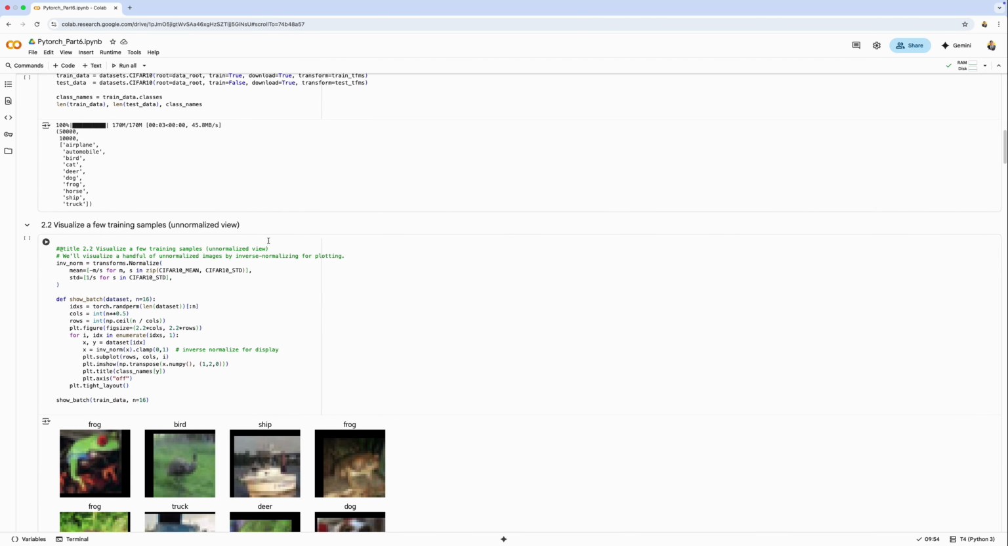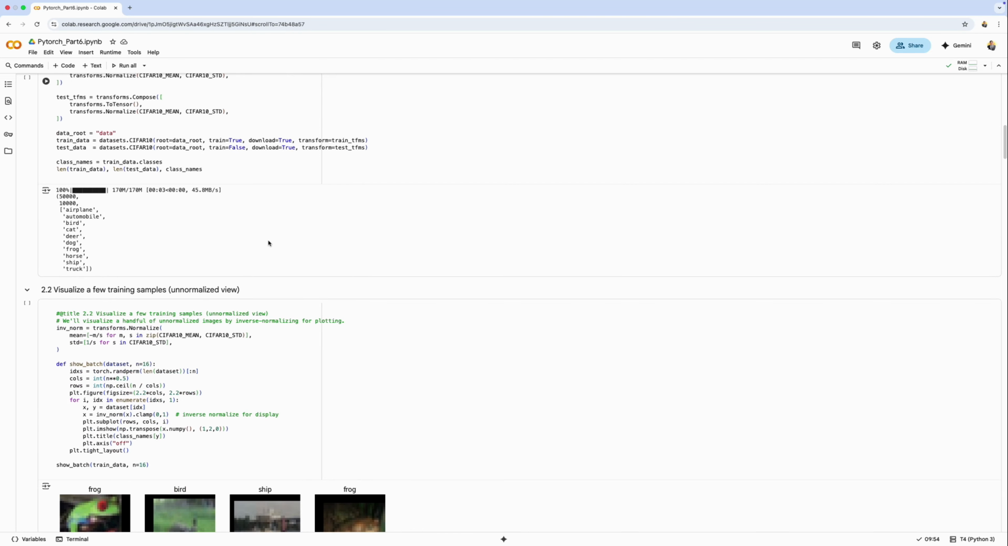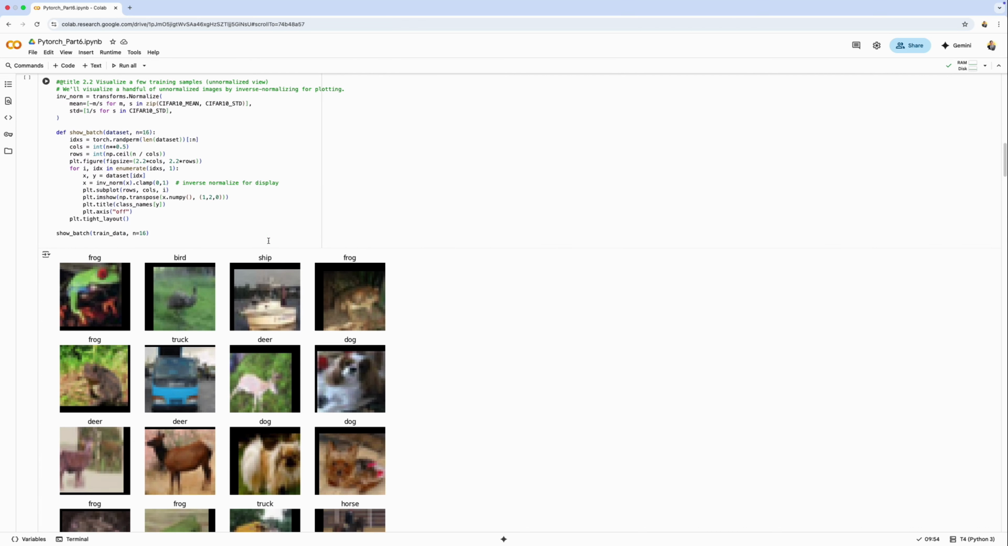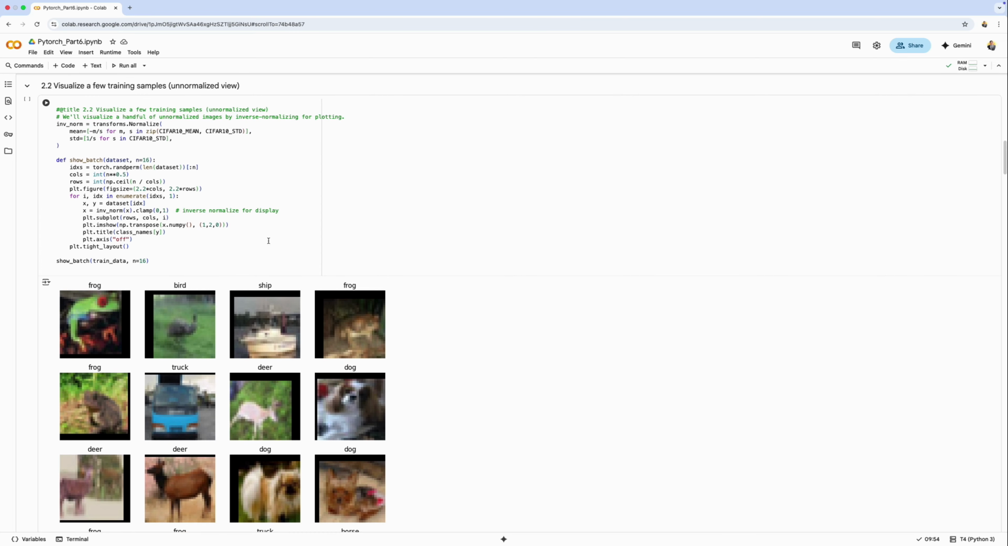Before we start training, it helps to see what the data looks like. Because our dataset is normalized for the model, colors would appear off if we plotted tensors directly. So we create an inverse normalization transform, inv_norm, that undoes the per-channel mean and std we applied earlier. Right before plotting, we pass each image through inv_norm and then clamp values to 0, 1 so the display